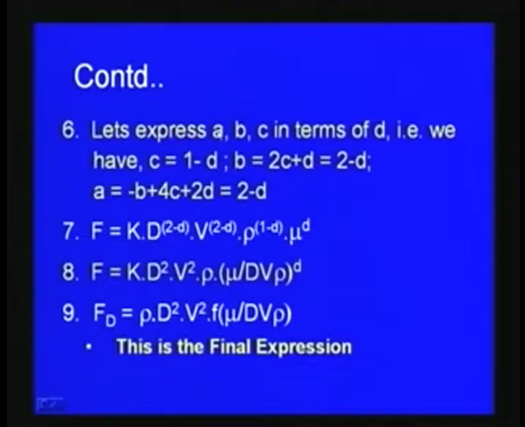So, let us express A, B, C in terms of D. That is, we have C is equal to 1 minus D, B is equal to C plus D, that is equal to 2 minus D. So, we get A is equal to minus B plus 4C plus 2D, that is equal to 2 minus